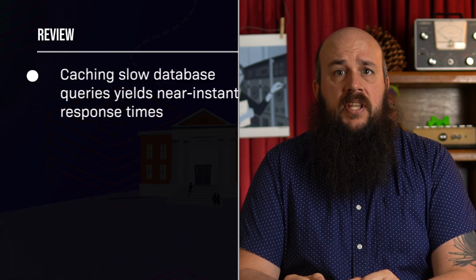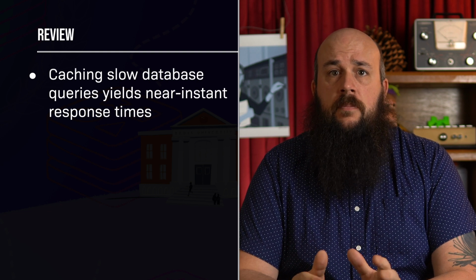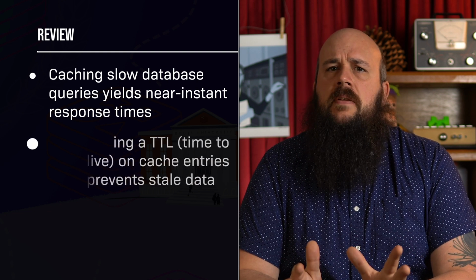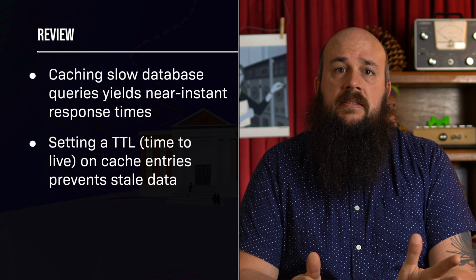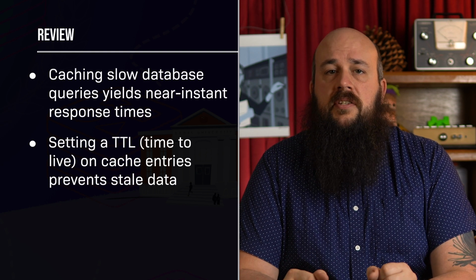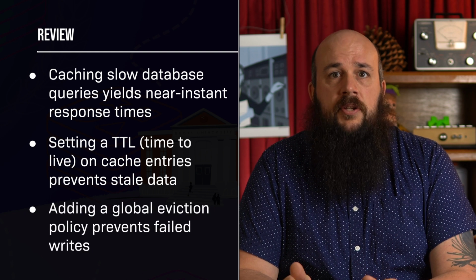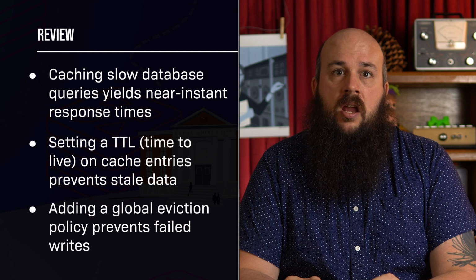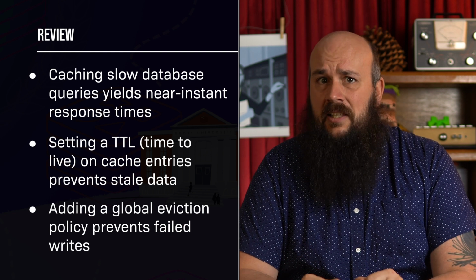So let's reflect on how introducing caching has improved our app's performance. The result of a SQL query that took 1.7 seconds to complete is now cached, resulting in an average response time of 2 milliseconds. Setting a 24-hour TTL on our cache keys helps us strike a balance between keeping the keys fresh and minimizing the load on our SQL database. We also added a global eviction policy, so if the cache gets low on available memory, Redis will automatically remove the least recently used entries. And that's clever.